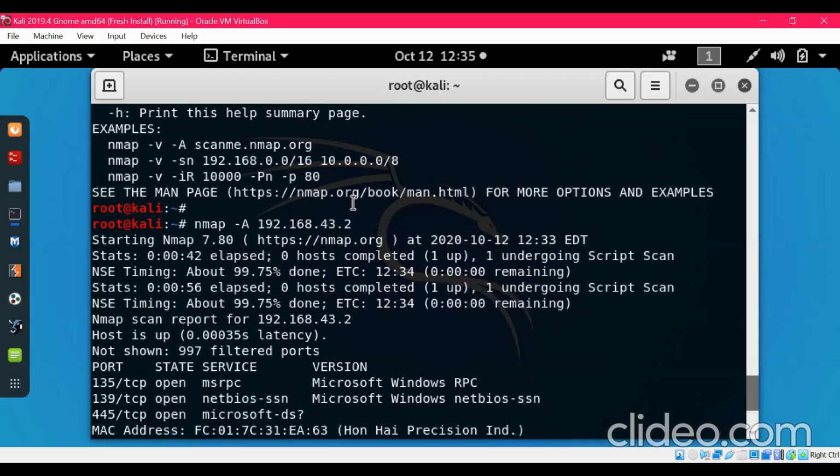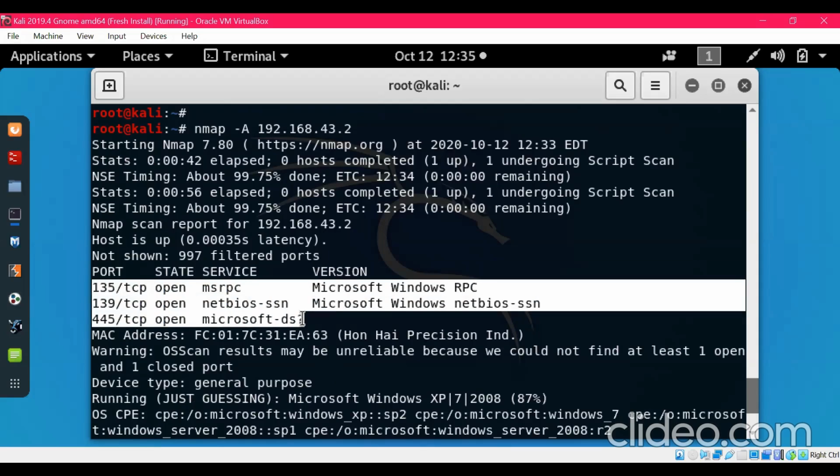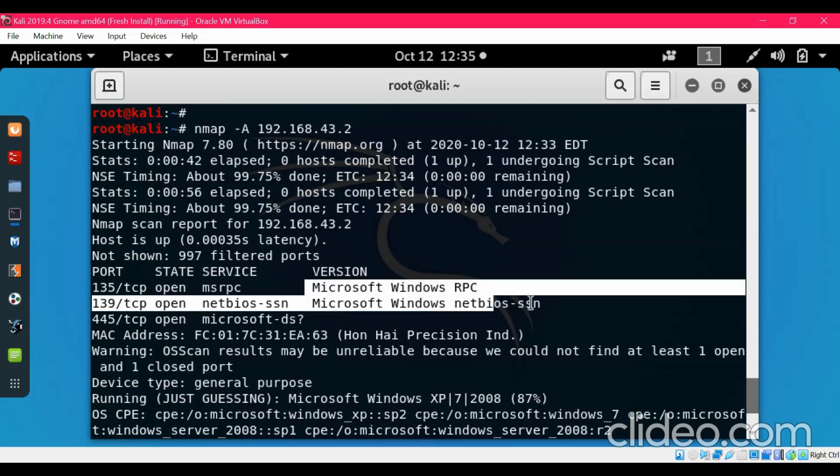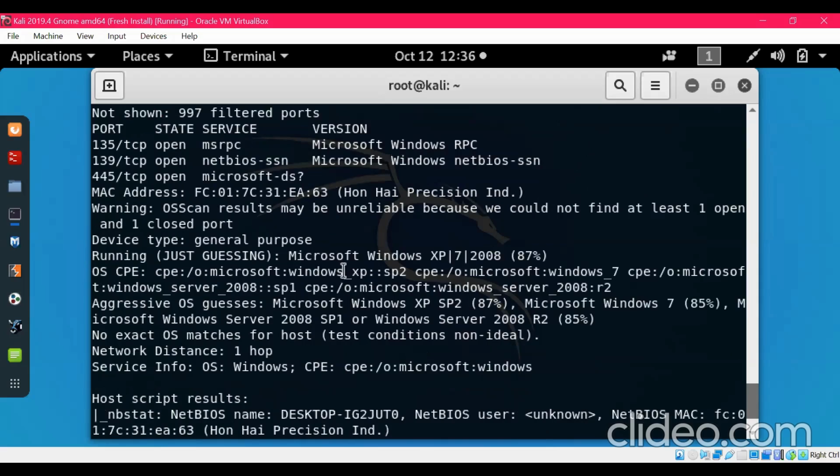Now we can see that a lot of information has been gathered by this particular command. First, we can see what ports are open, and these are the different versions available for these ports. It has also found out different versions that are working.